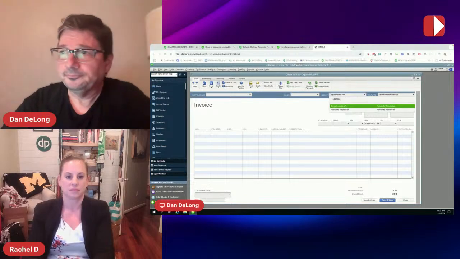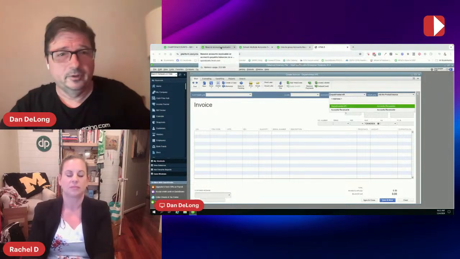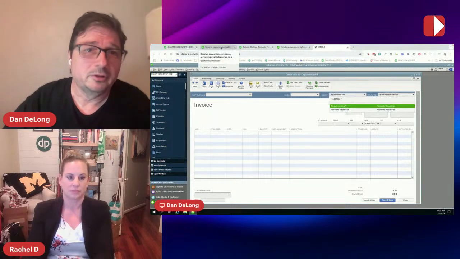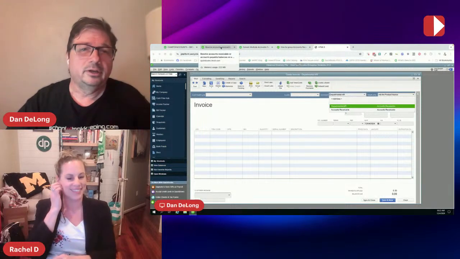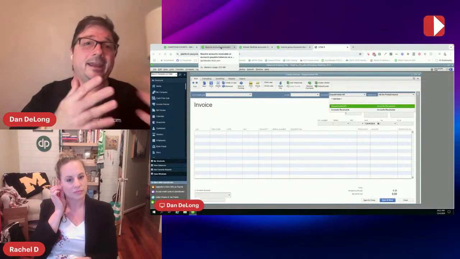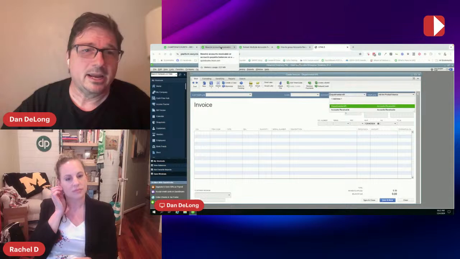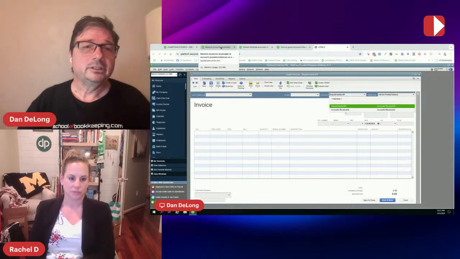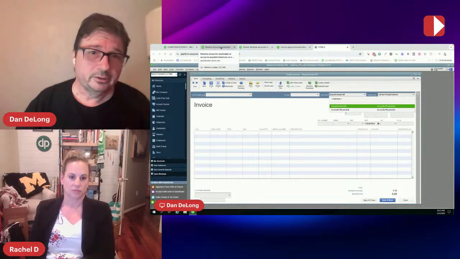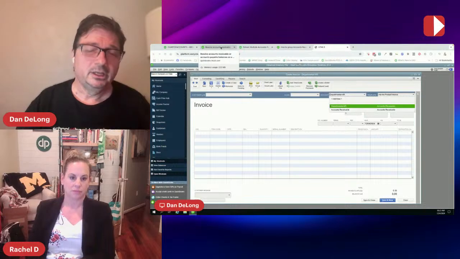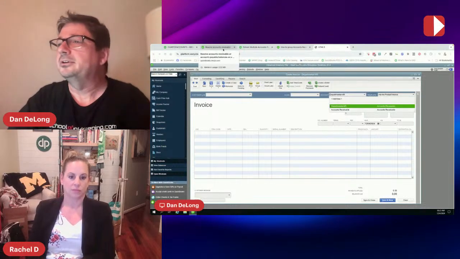QuickBooks Online, no such thing, right? So this could potentially be one of those surprises when you move a desktop company to QuickBooks Online and they have multiple AR accounts to begin with, because QuickBooks Online will only support one, and that's going to be the default one. It says here in this article,